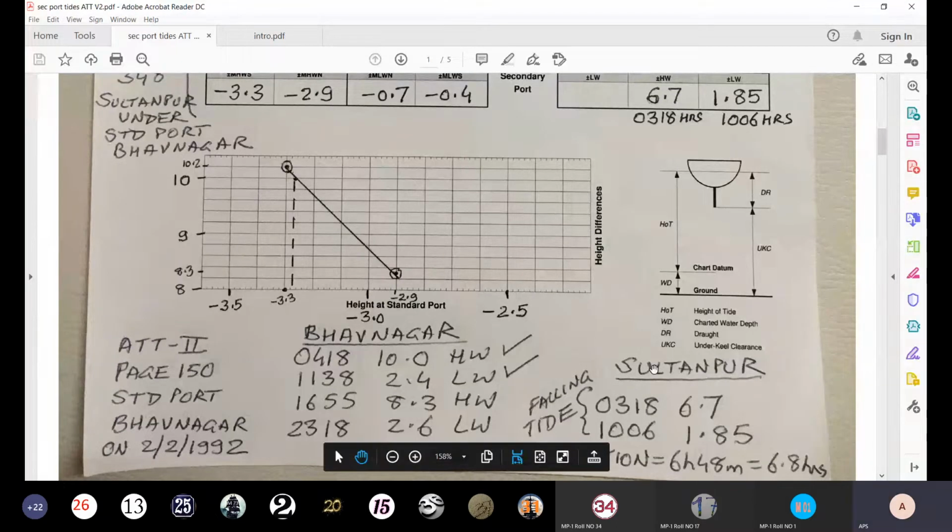Okay, once you've got the data, let me know. For Sultanpur, have you got 318, 6.7, 10:06, 1.85, falling tide? Yes, sir. So no doubt still now? No doubt. Now comes